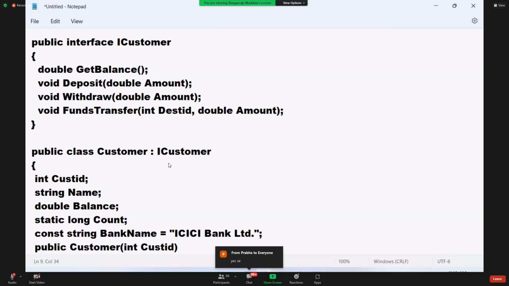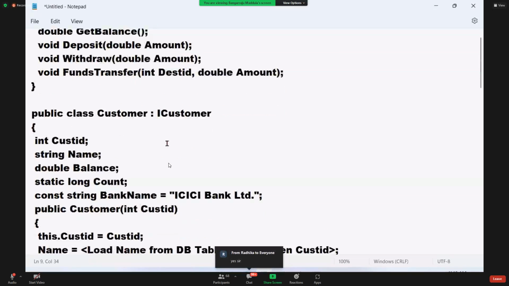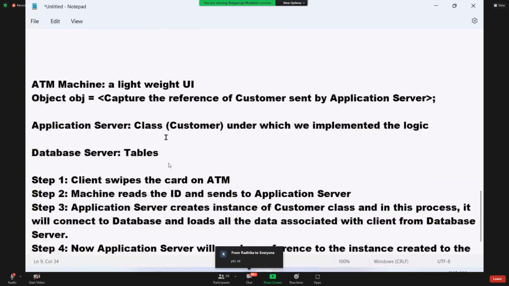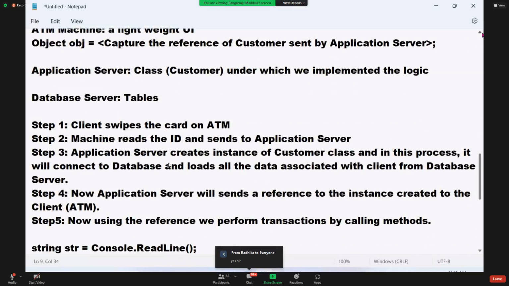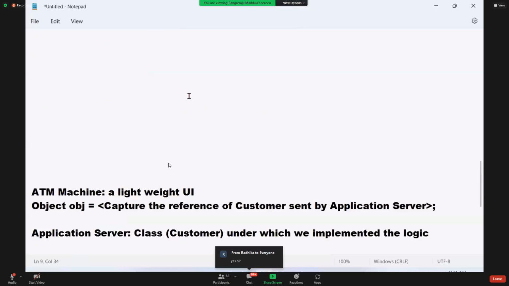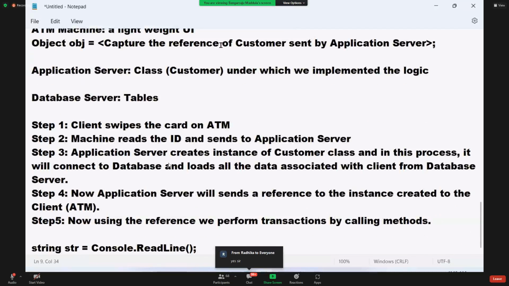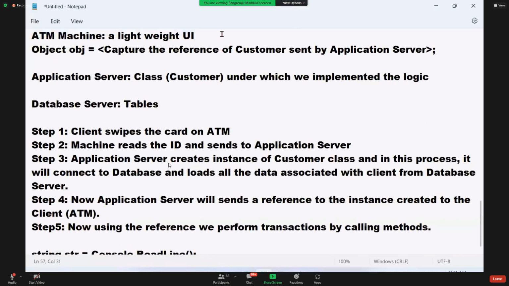Are you clear? Okay. Now what do you do, listen. Come back. Come here. Come to the ATM machine. What do you install in the ATM machine? A lightweight UI plus. We install two things there. What are the two things? The lightweight UI plus